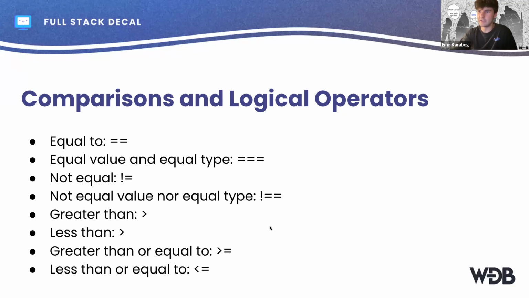So you guys can read this real quick, and I'm going to go into the example in the next slide. The only thing to note here that's different than any other programming language is that in JavaScript, we can set two values equivalent, even if they're not the same type. We can compare them on their equivalency, even if they're not the same type. This is important because if I want to have the same type,